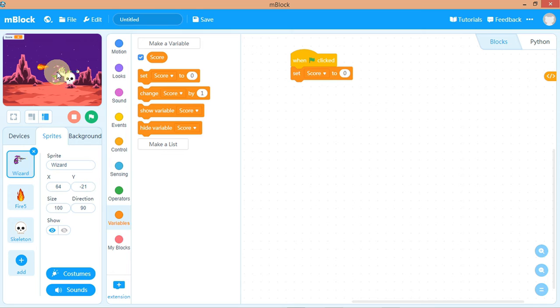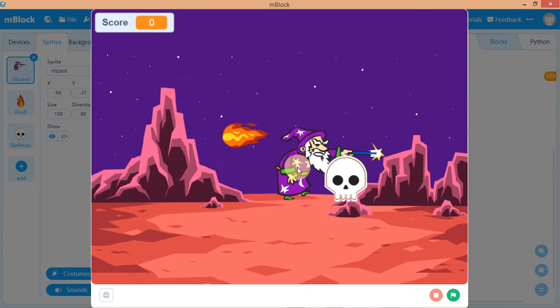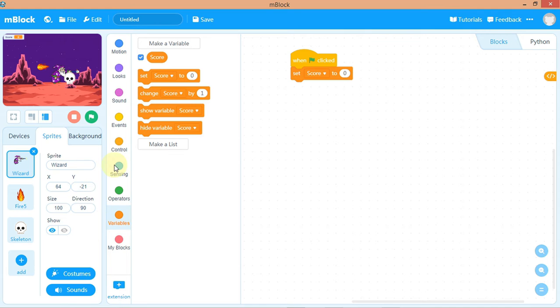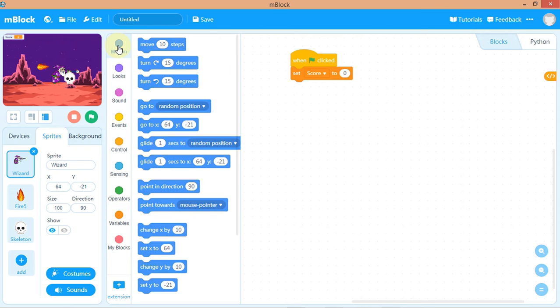Now, this wizard I don't like it yet. And I can make this thing bigger in order to show you what I'm trying to do. So I want it to come back here, something like that. So I need to set the position now, so I'll go to motion. And I want it to go to, let's see the effect here. If I were to make this something like 0 0, so I want to make it to be